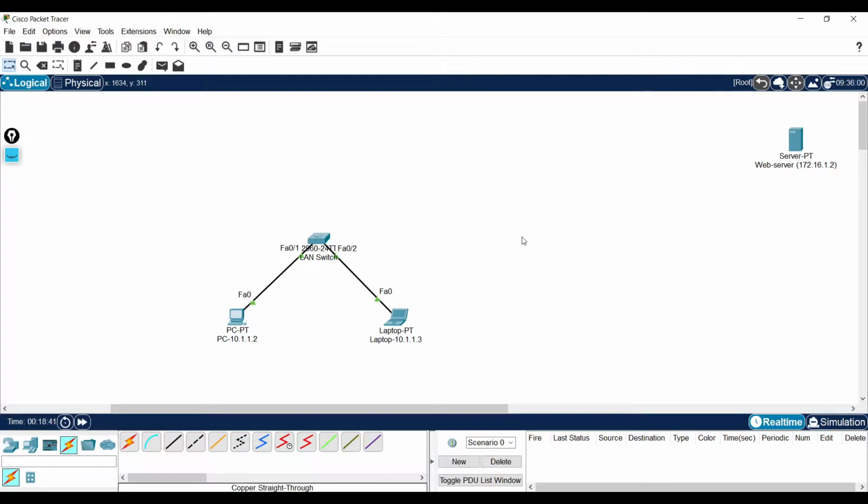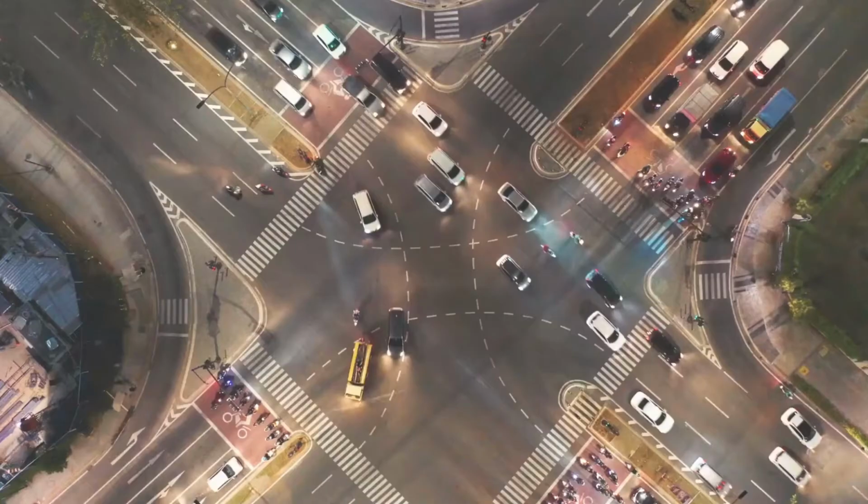When we say layer 3, the well-known popular device is the router. This is the device that performs the layer 3 routing between my network and my destination network. In this video, I am going to explain the fundamental concepts and functions of the router. Come on viewers, let's learn about the router.